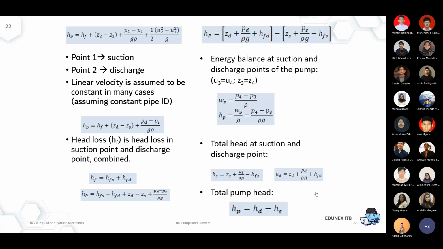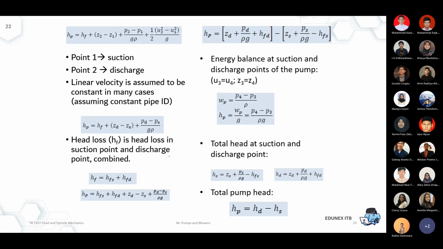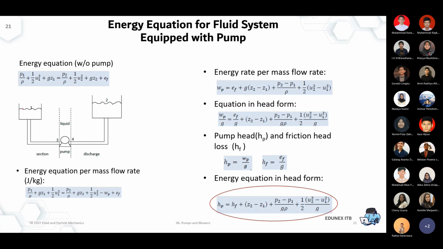So last week I briefly explained the head and energy equation for the pump. If you have any question about that, please let me know. Basically, be aware of the 4 reference points that you want to compare. This is the source. Usually it will be used to calculate the total head requirement from the source to the destination. Okay. So use Bernoulli between those 2 points.